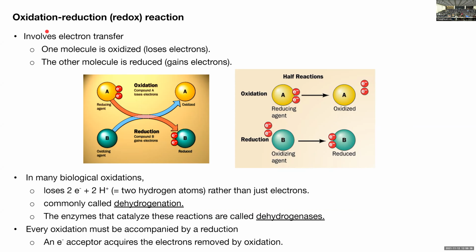Again, the oxidation process is really important for metabolism. And of course, this reaction should be combined with, again, this is about losing the electron. So some other molecules should gain the electron too, right? So this combined process or reaction is called an oxidation-reduction reaction, or redox reaction in short, and that involves